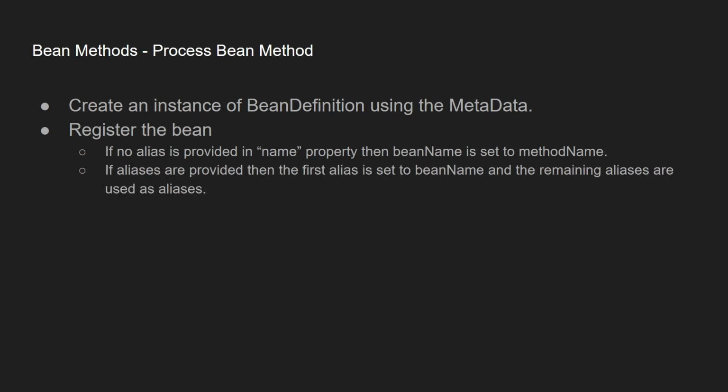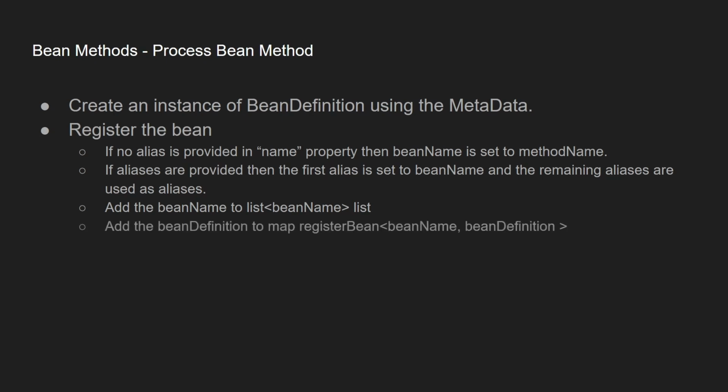If aliases are provided, then the first alias is set to be the bean name and the remaining aliases are used as the aliases. And this bean name is added in the list of bean names, similar to how it was done in the component scan. And also the bean definition is added to the register map. It also adds the aliases to the map called register aliases with alias name as the key and bean name